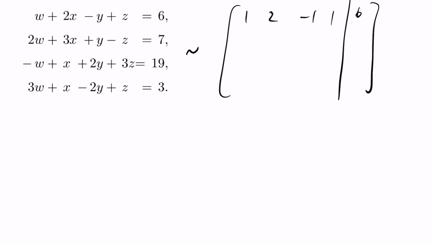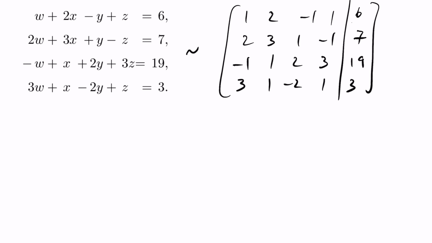Same thing with the next one here. This will be 2, 3, 1, minus 1, 7, negative 1, 1, 2, 3, 19, and 3, 1, negative 2, 1, and 3. So now that I've gone ahead and transformed this all into matrix form, we can focus on